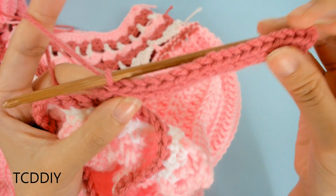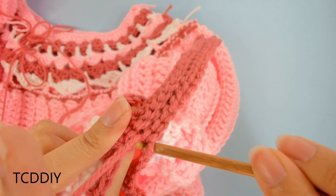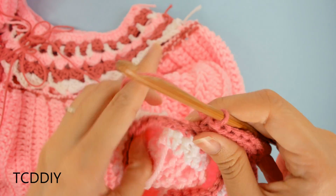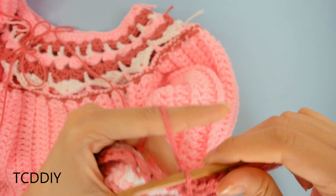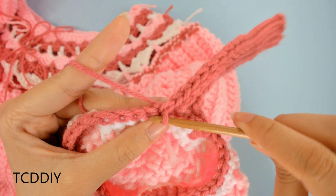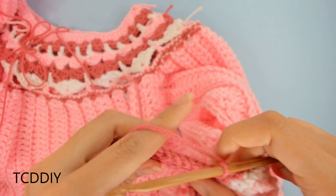We are now all the way back down to the base with our next row of back loop slip stitches. And we are going to, oh wait, we have one more back loop. There we go. And now we're going to connect it into the base. So just one more time into this next available loop, insert our hook, yarn over, pull through everything. That is a slip stitch. And then just to work our way up to the next row, we're going to do one more slip stitch into the next loop. So we're going to insert, yarn over, pull through everything,